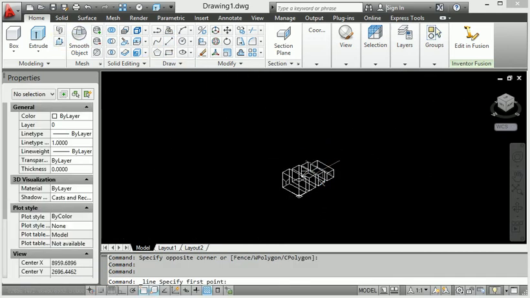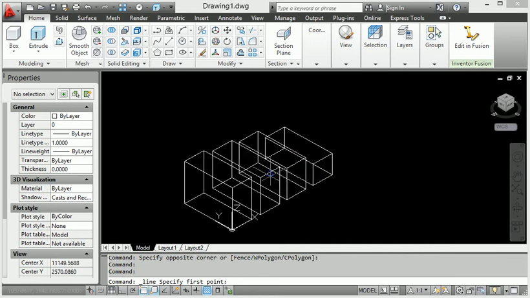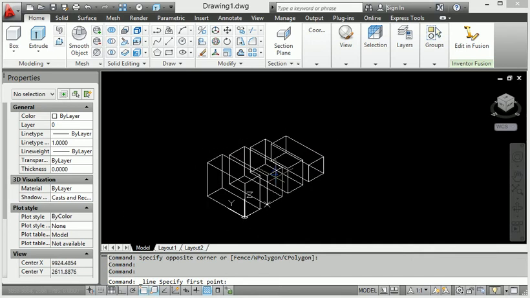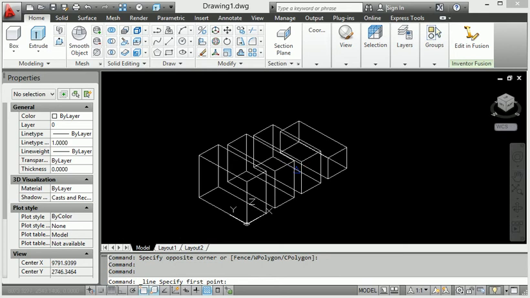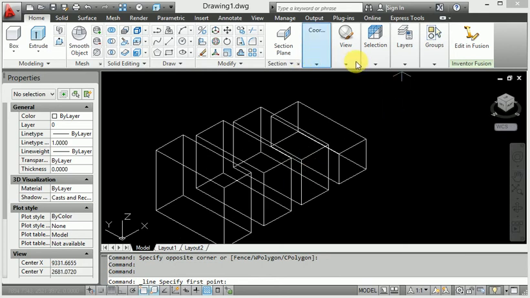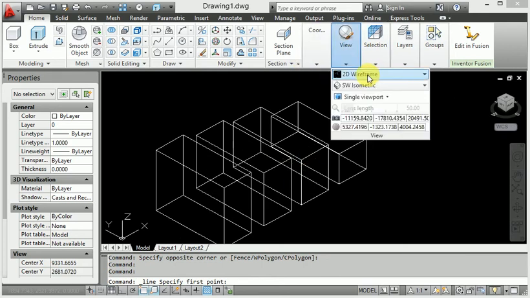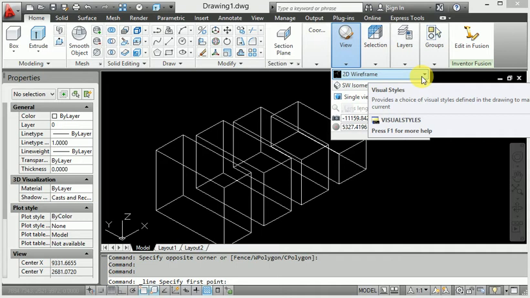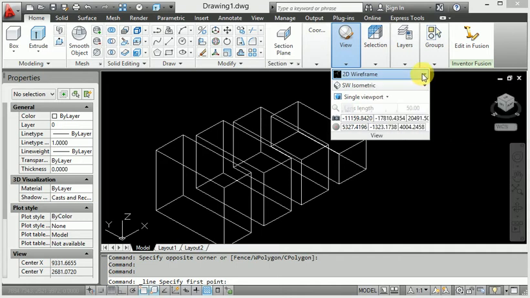Now here you can see that this is a solid model. I will change the view from here. This is the visual style.